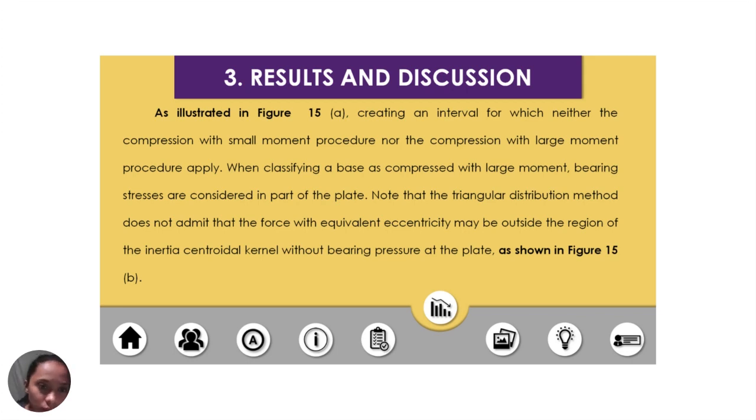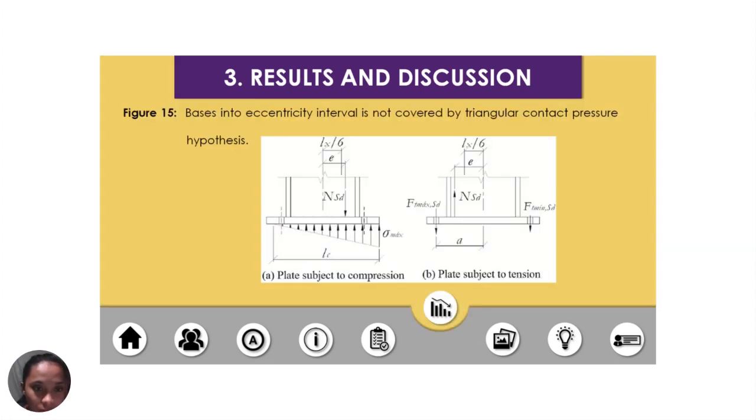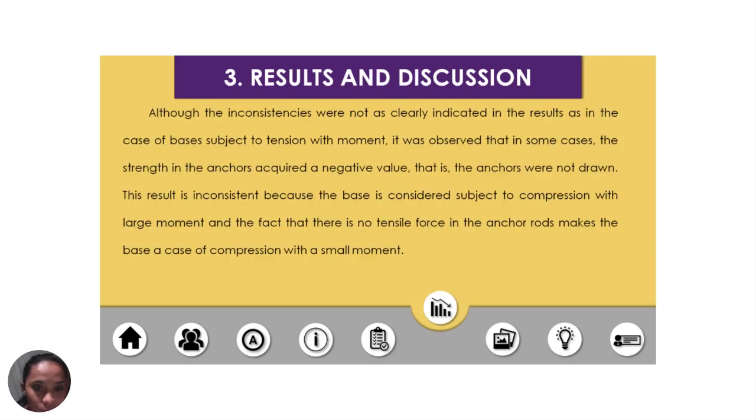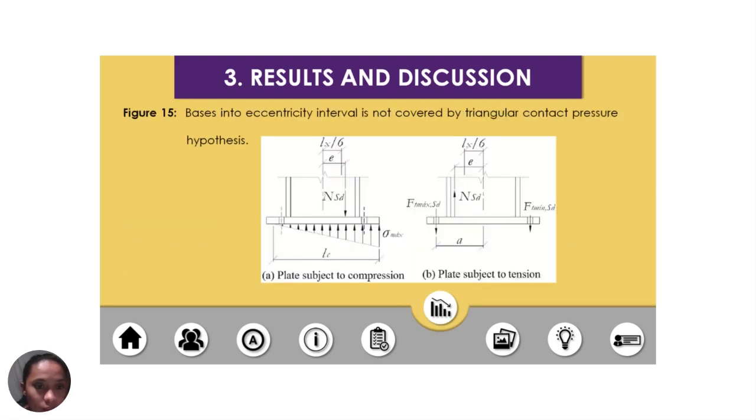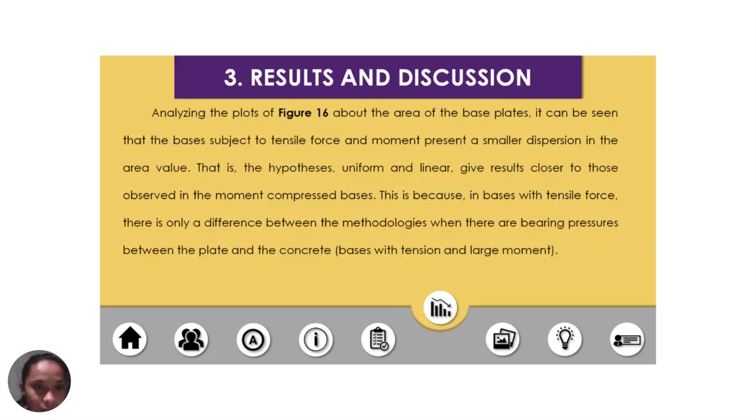So when classifying a base as compressed with large moment, bearing stresses are considered in part of the plate. Note that the triangle distribution method does not admit that the force with equivalent eccentricity may be outside the region of the inertia centroidal kernel without bearing pressure at the plate, as shown in figure 15b. Analyzing the plots of figure